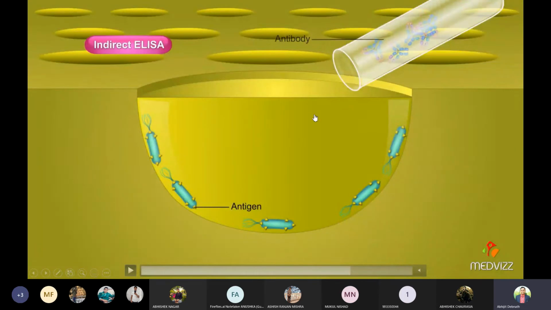So antibody जो है ना, human body में antibody बनने में time लगते हैं. So that's why in this process it will not be so much effective compared to antigen. ठीक है, so we shall prefer the antigen, that is the direct, not indirect.